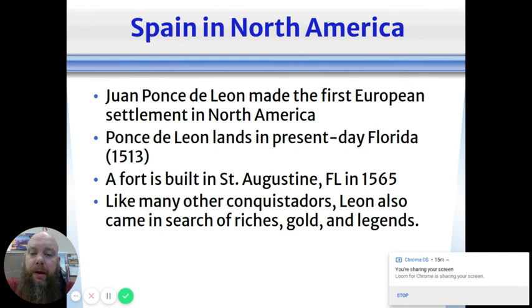Juan Ponce de Leon made the first permanent settlement in what we now call the United States, St. Augustine, Florida. He was looking for a mythical fountain of youth, a fountain that you could drink water from and stay that age forever, which is a whole other thing, whether that sounds good or not. It sounds cool now to stay whatever age you would pick forever, but 150, 200, 1,000 years in, you'd be like, okay, might be a little bit bored of this. But in 1565, he creates the first permanent settlement in what we now call the United States.